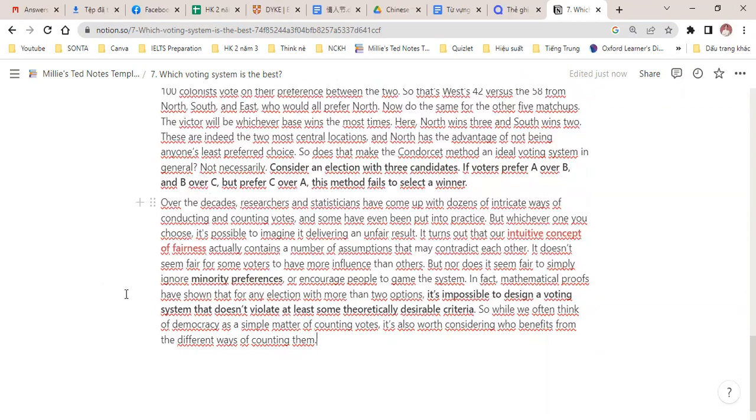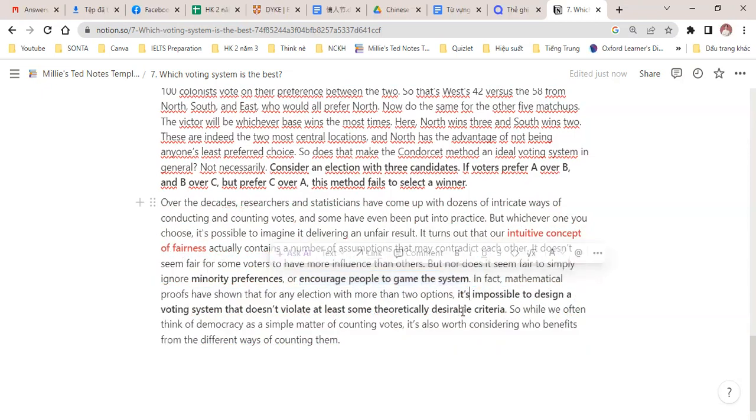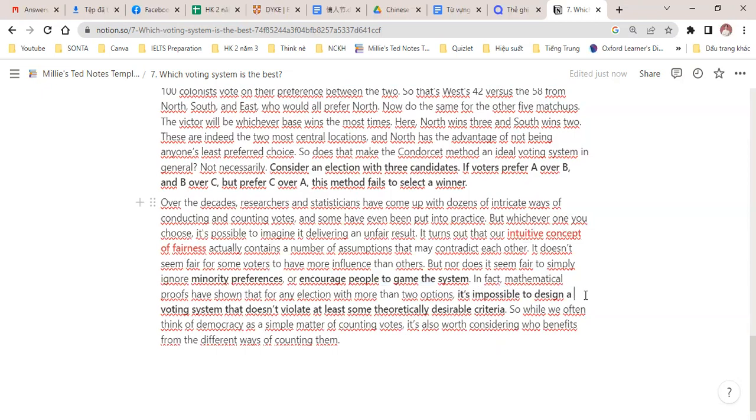So yeah, it turns out that voting violates our intuitive concept of fairness. So intuition, it's just the feeling, the emotion, not logical thinking. And we can ignore the minority preferences or encourage people to game the system. So there are many things that could happen, right? But it's impossible to design